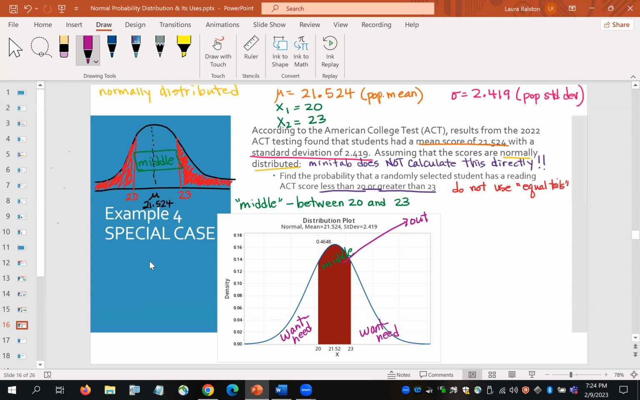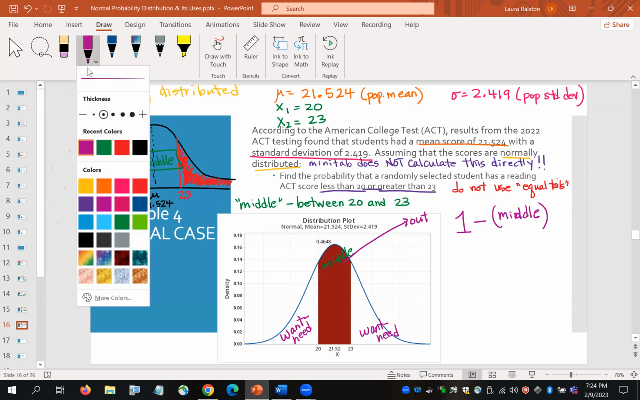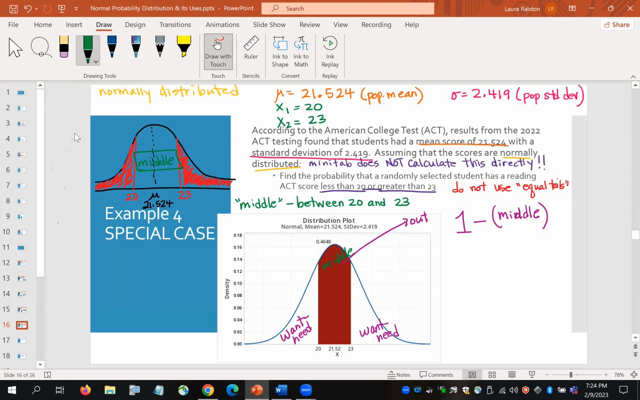So remember, we know that this entire curve is 1. So we do 1 minus the middle. Okay, it's a special case. It cannot be calculated directly. You have to do this extra calculation using your calculator. So I have 1 whole, which is the entire curve, minus the middle, which is